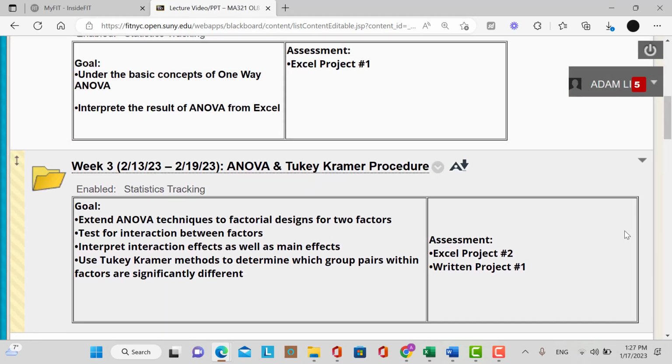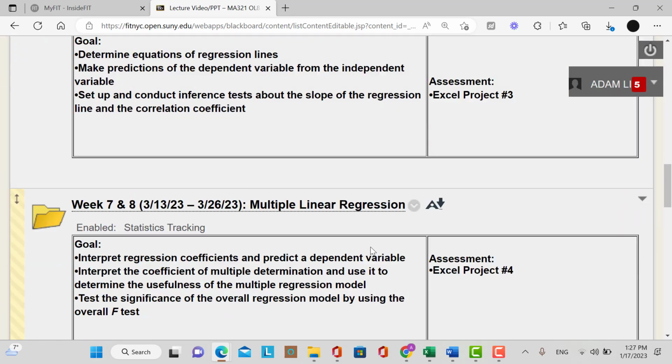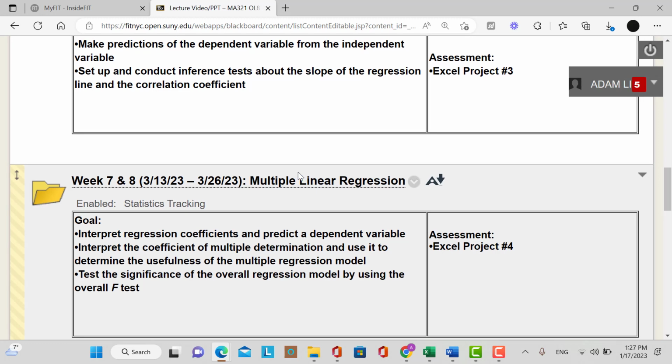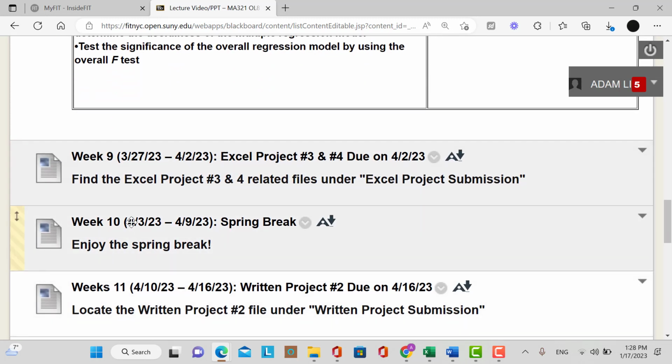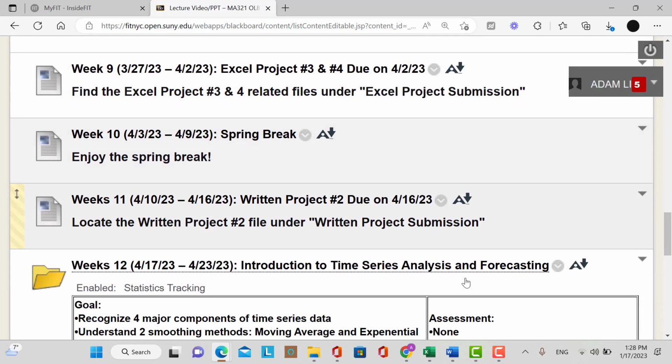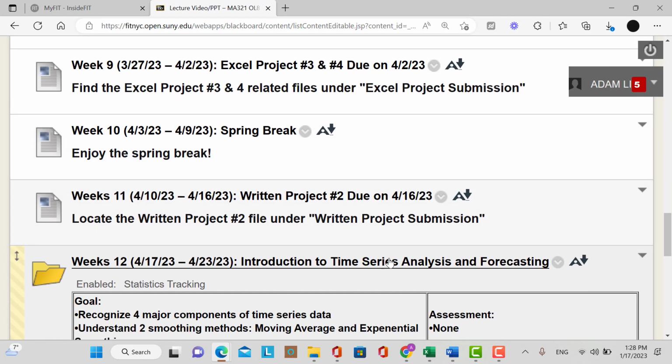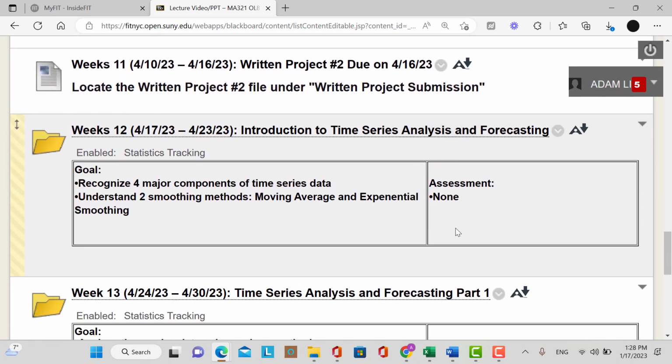Just run through this on a weekly basis and follow the schedule closely. It's consistent with what is listed in our syllabus, like the week, the date, and the due dates for assignments like the Excel projects and also